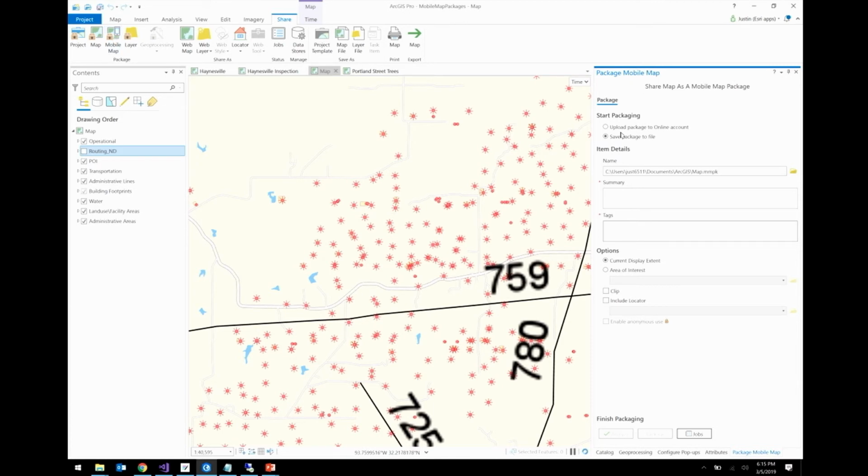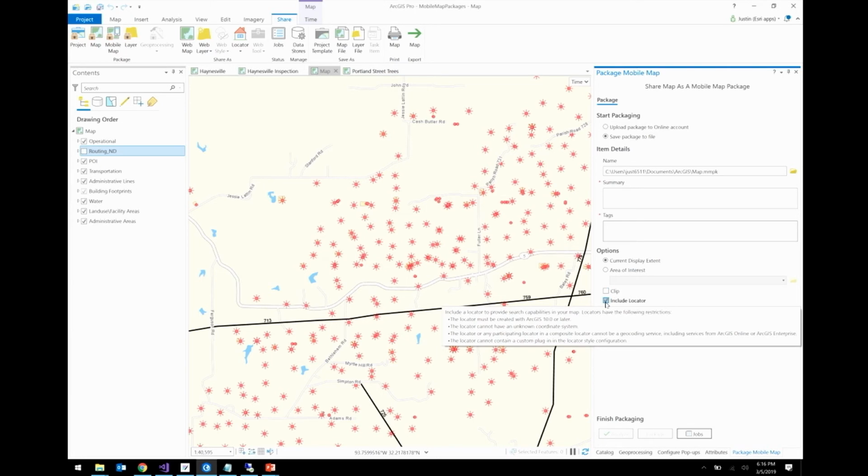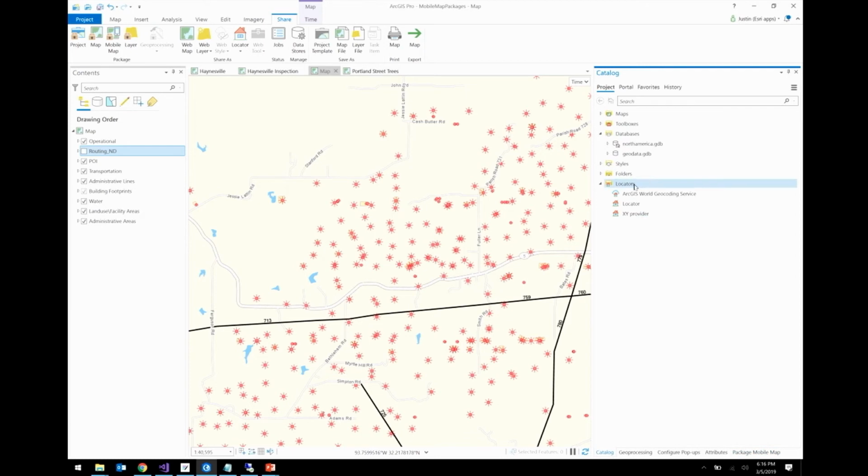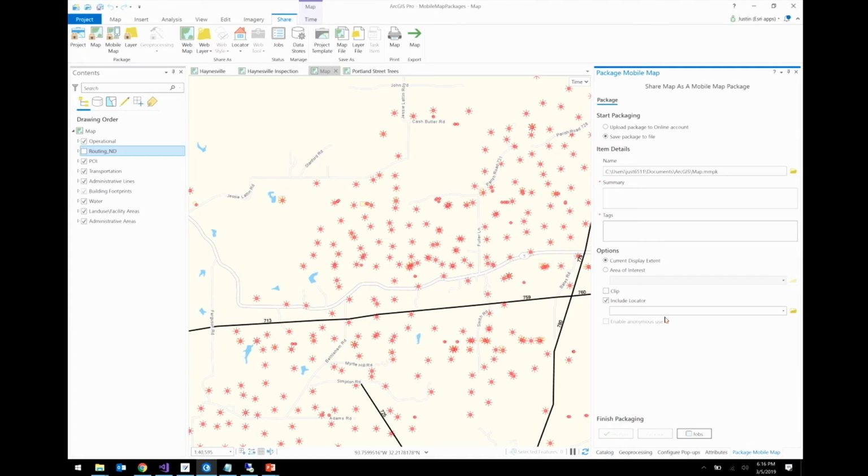From there, we can either package and upload to ArcGIS Online, so it stages an item in online, or we can save the file to disk as an MMPK. Once you create your mandatory summary tags, we can choose if we want to use an area of interest from one of our layers, or if we're going to use the current display extent that we have. And we can choose to include a locator that I've previously added to the project. So on the catalog view, we can see that I have my locator added here, and then back in our packaging experience, we'll get that locator in a task,